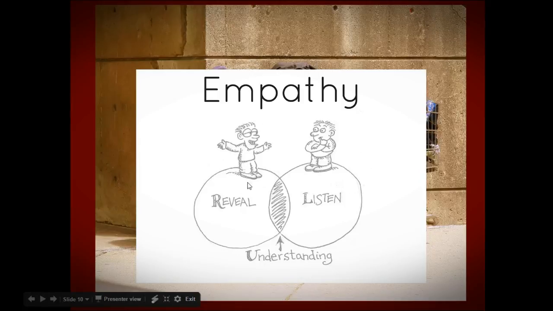So we have the guy to the left, and he's revealing and talking about his story. Look at the guy on the right. He's listening. He's mindfully listening. He's paying attention. So the area there that crosses in between is the understanding, where the guy to the right is really listening to the guy on the left, and he's listening to his problem and he's trying to understand him. This is empathy. Sympathy is being able to understand and hear their story and kind of say, oh yeah,